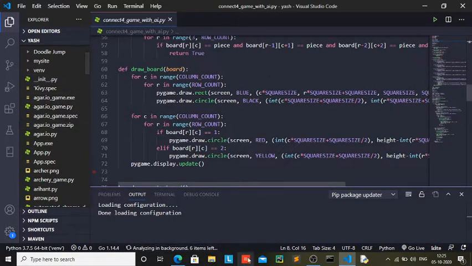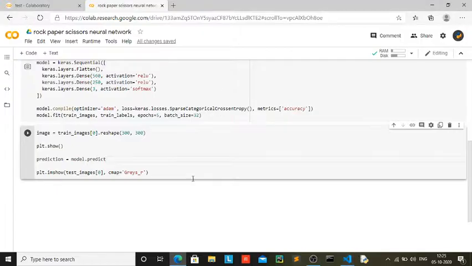But I feel like it's not here. But let me actually have a look. I might be having something related to that. Just let me try and show